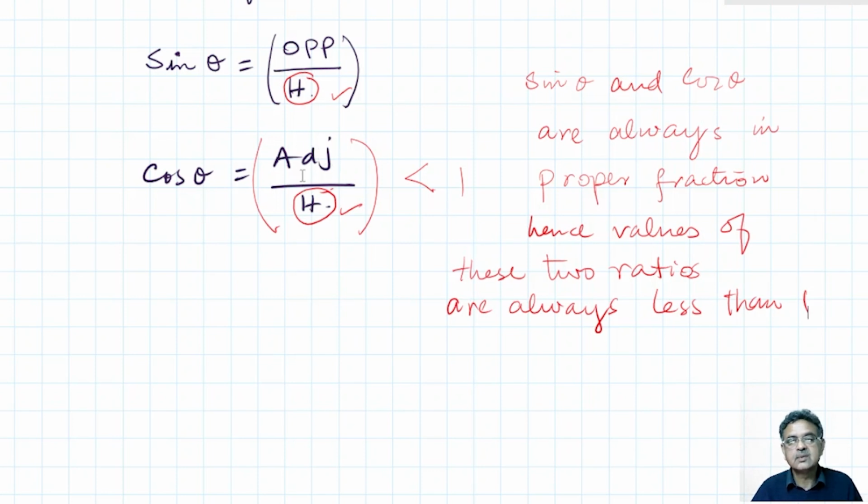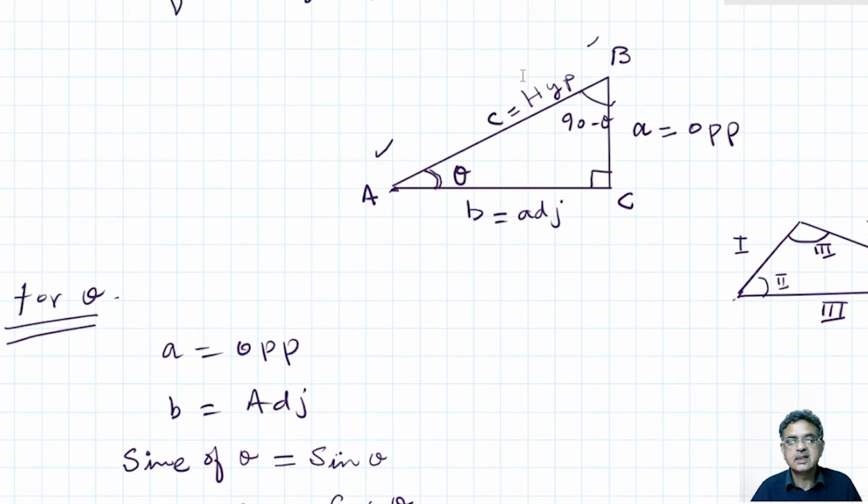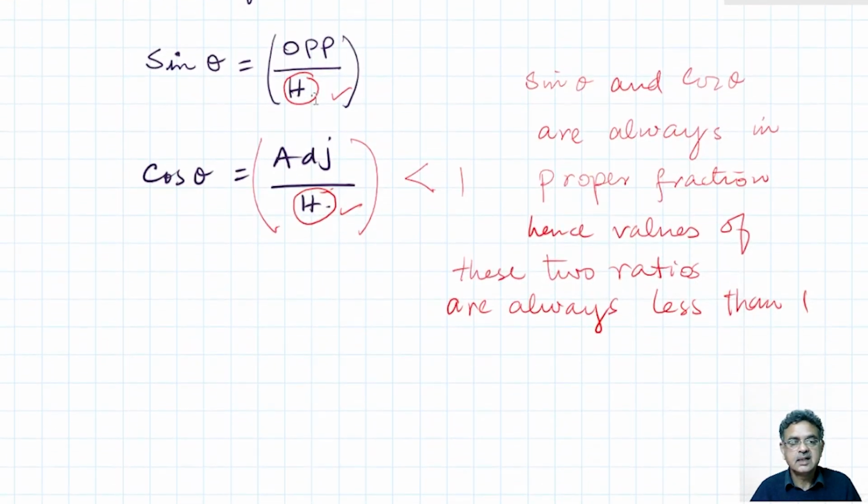अगर अब मैं इसको रिपीट कर देता हूँ कि रीजन क्या है, क्योंकि डिनोमिनेटर जो है हाइपोटेनियस है एंड हाइपोटेनियस इज ऑलवेज द लार्जेस्ट साइड ऑफ अ राइट एंगल ट्राइंगल, hence the denominator being the largest, that means this value must not exceed 1, 1 से ज्यादा नहीं हो सकता। ये आगे चल के हम एक्सप्लेन करेंगे, लेस देन और इक्वल टू 1, दिस इज आल्सो लेस देन और इक्वल टू 1, मैक्सिमम वैल्यू इज 1।